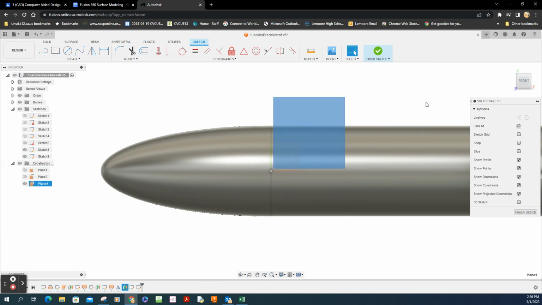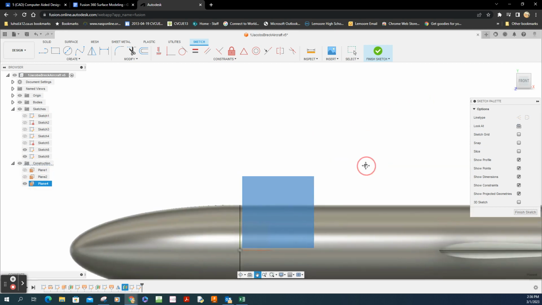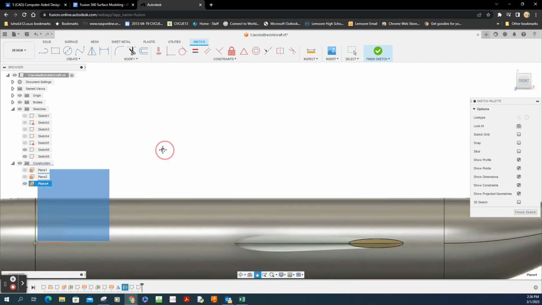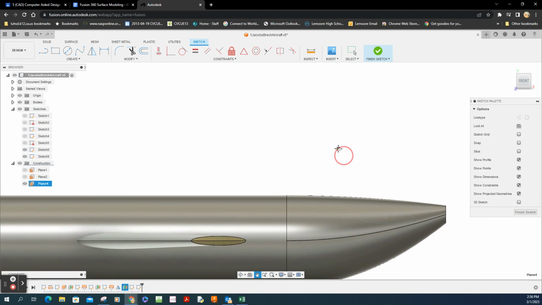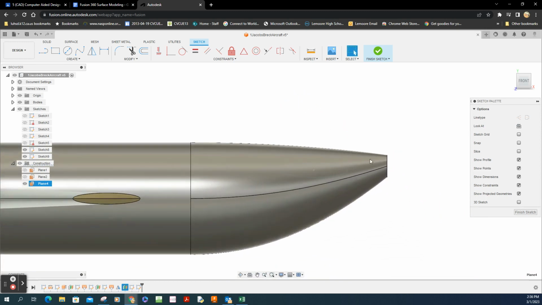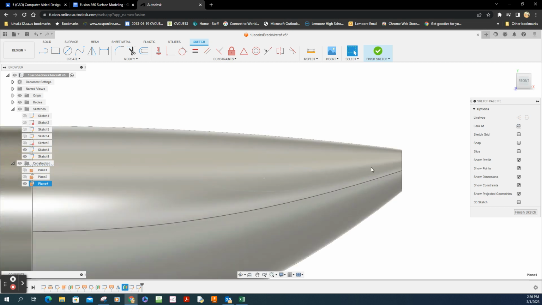Let's move back over this way. Let's zoom. Oops, a little wonky there. That's good enough, I think. Yeah, okay.